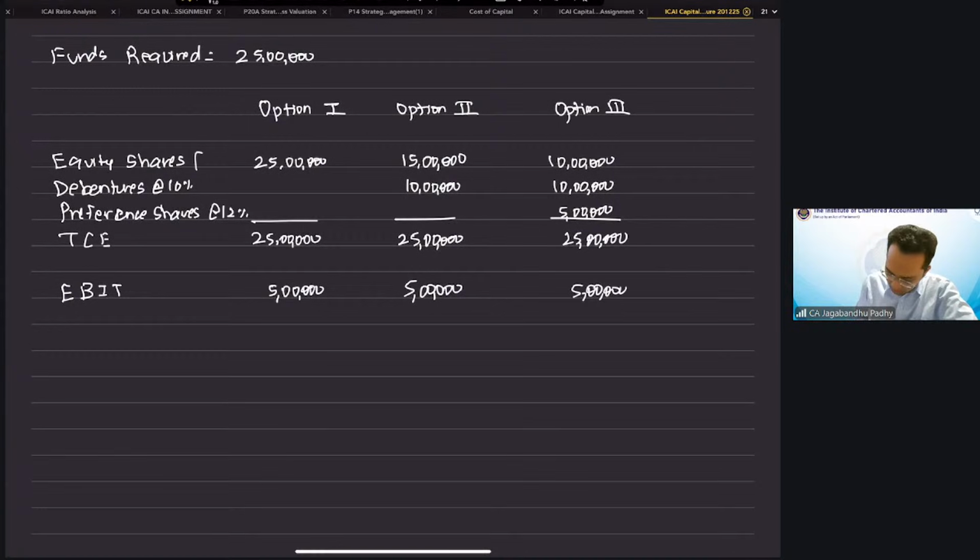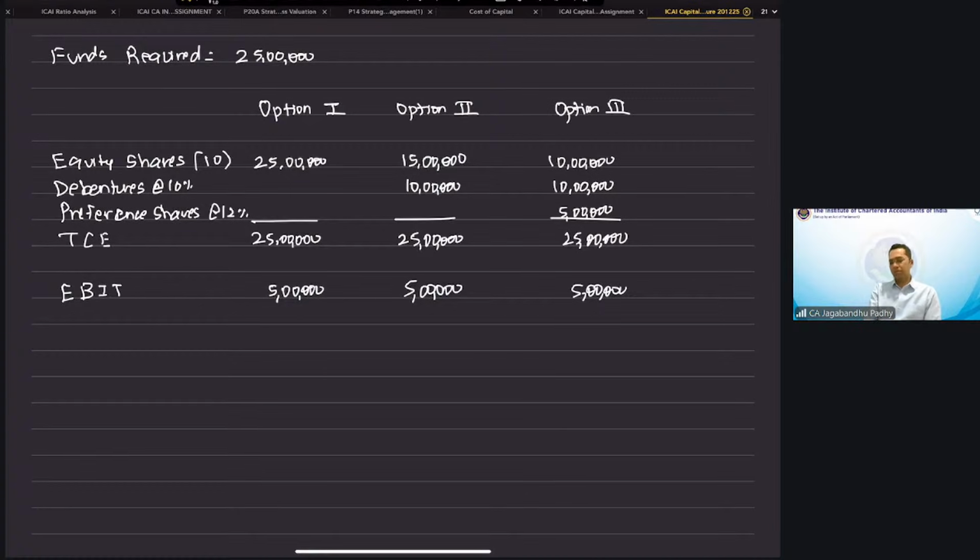Okay. So, face value, let's say, is 10 rupee. Face value is 10 rupee of the equity shares, right? And EBIT is going to be 5 lakh, because wherever you raise money, by whatever source you're going to raise the money, that doesn't matter actually, right? Because whatever money we are raising from multiple sources,